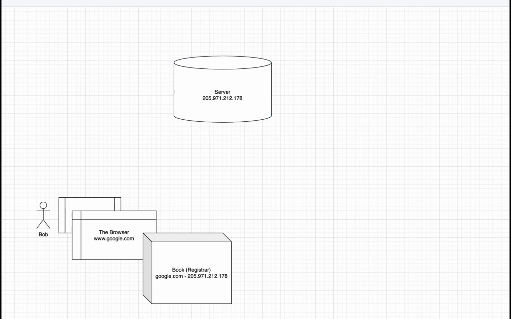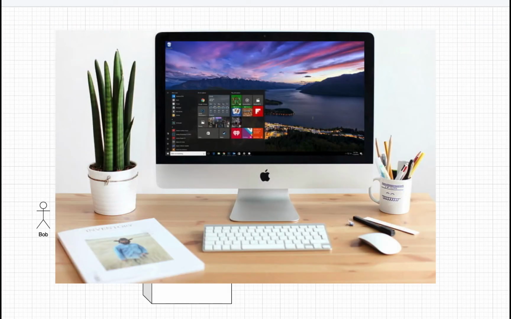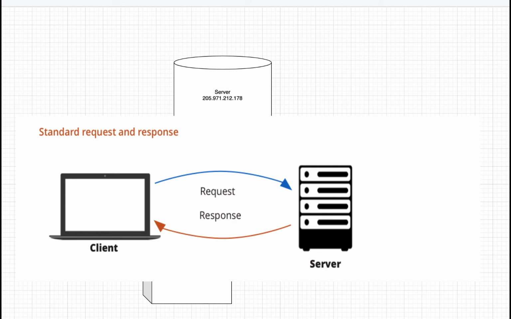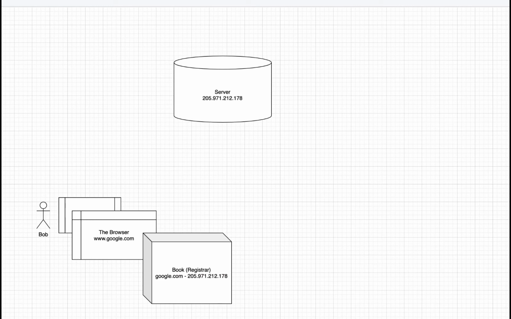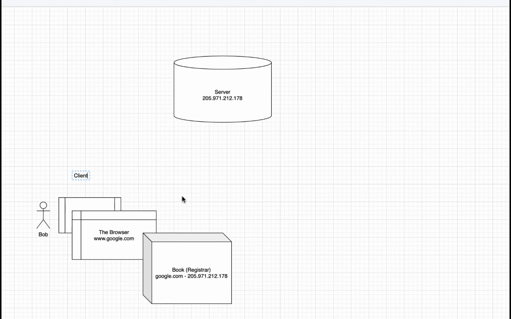Now, let's talk about some more basic terms. A server is a computer, like any computer. You can imagine it as a scary room full of supercomputers or as your home personal computer. Both can be servers. The only idea behind a server, and it's also how it gets its name, is that it's serving you something. In our case, it's serving a response. Any computer on the internet can be a server, and once I'm trying to make a connection to this server, then I am called a client. These are just basic terms that we're going to need to know. So let me just call myself a client just to make sure we understand. And I'm going to the server.